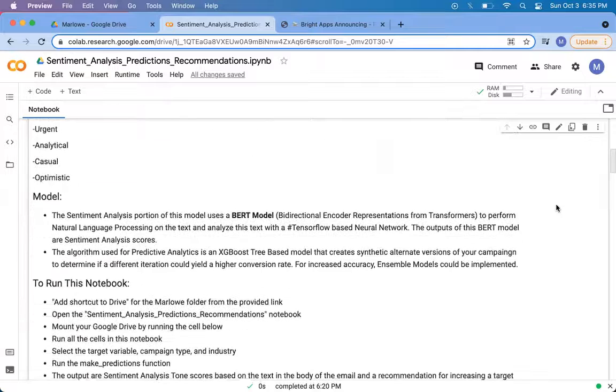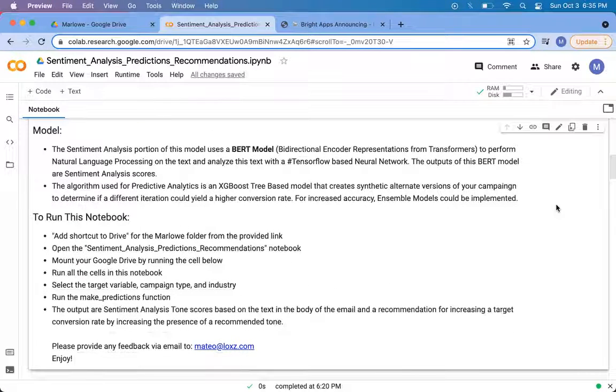In terms of modeling used, for the sentiment analysis, we use a BERT model, bidirectional encoder representations from transformers, that uses natural language processing and TensorFlow to build a neural network that will classify the text to the corresponding sentiments. And then from this BERT model, we're going to use those outputs as inputs into a next portion, which